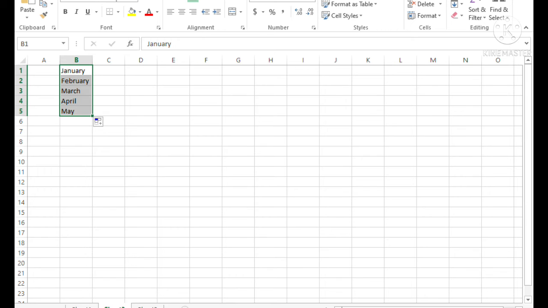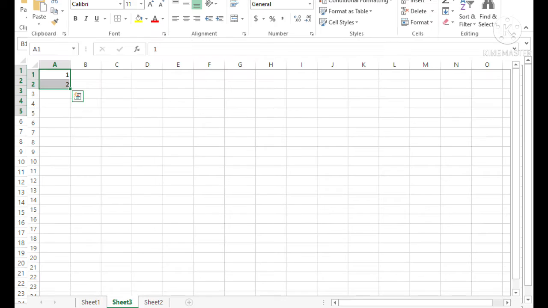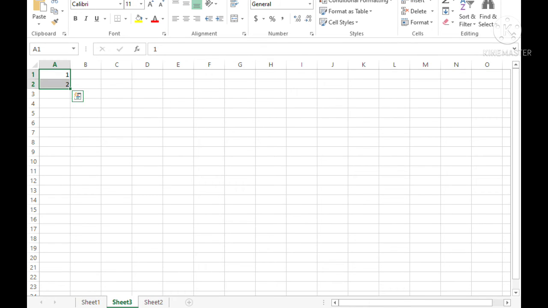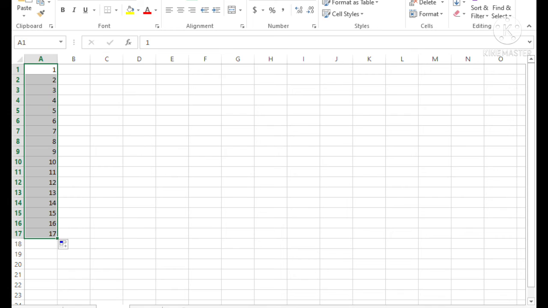If you want to enter all the months, January to December, just drag the same handle till B12. And children, while entering numbers, keep in mind that you should type 2 consecutive numbers to fill the series while using the autofill feature.